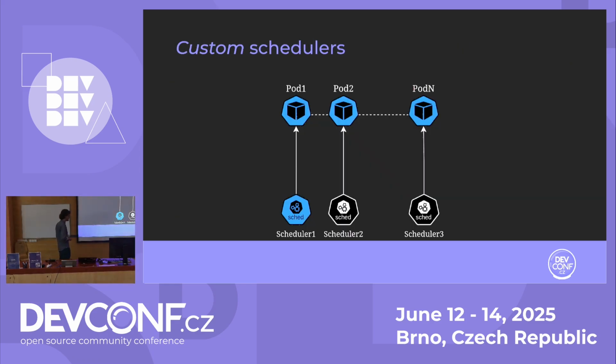When you implement a custom scheduler, you end up in an architecture like this. You might run a single scheduler that replaces the default one, or you might run multiple parallel schedulers, and pods are assigned to one of those schedulers. There are two problems with this. The first problem is that they compete on the same pool of resources, the nodes. So if two schedulers try to implement two contrasting strategies, you might end up with nodes in a configuration that doesn't resemble any of them.